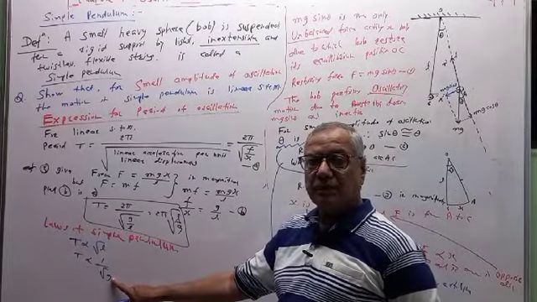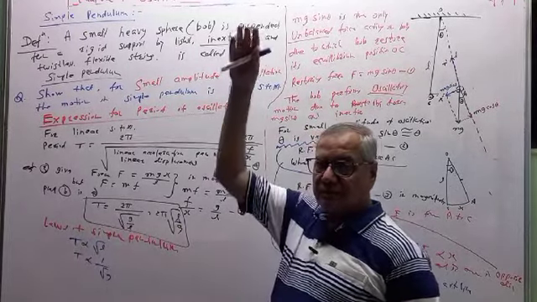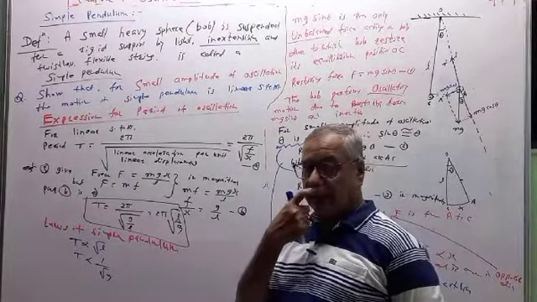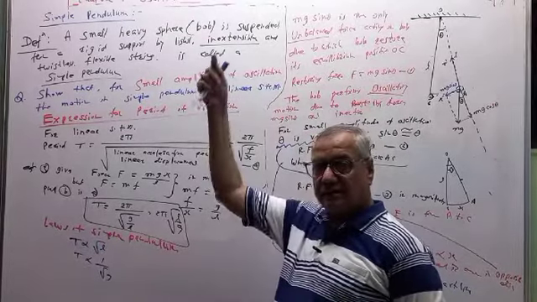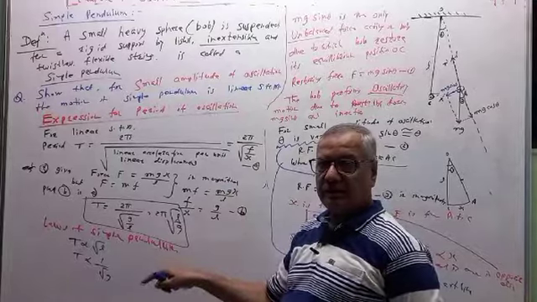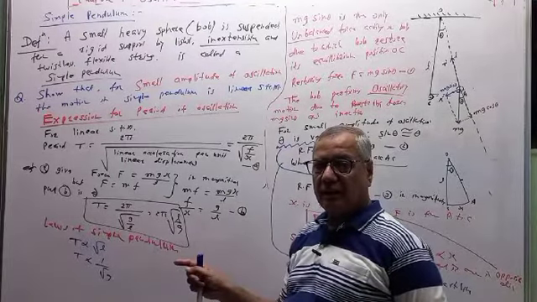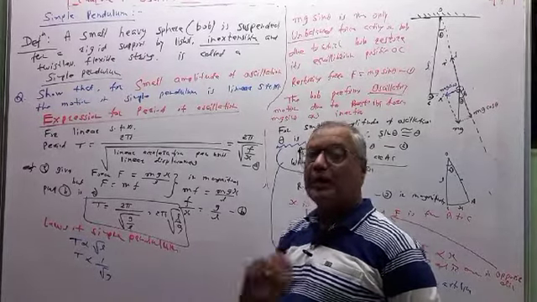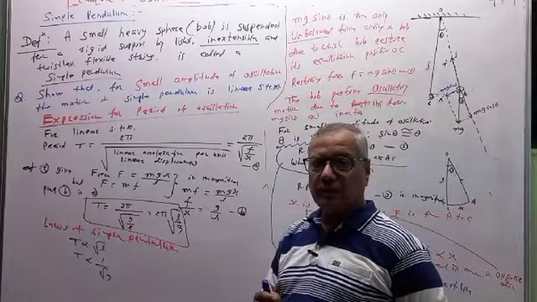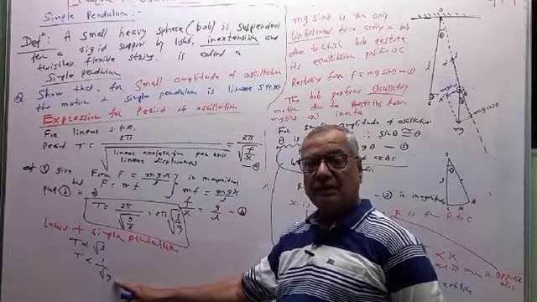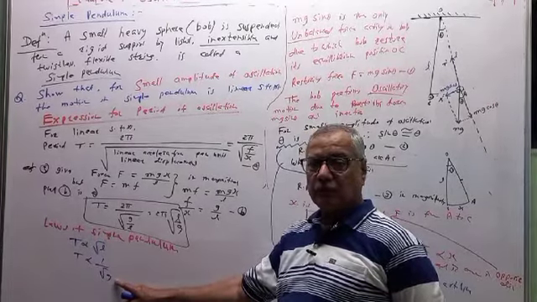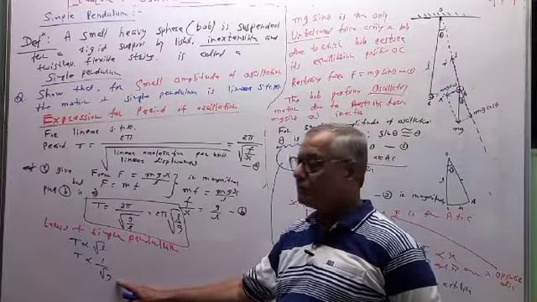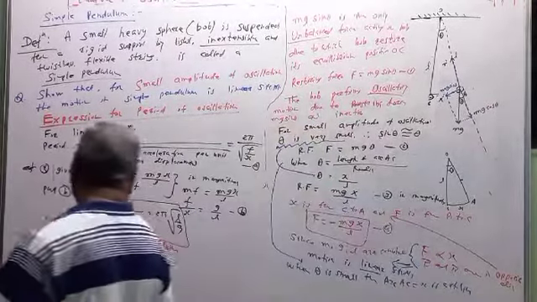And the effect of height and depth we already know. As height increases from the surface of the Earth, g will decrease. As depth increases from the surface of the Earth, g will decrease. On both sides, g decreases. So g is variable. On average, we take it as 9.8, but it changes from place to place, planet to planet. If we go to the Moon's surface, the value of g is hardly 1/5 of Earth's gravitational acceleration. So it depends upon the position where we are performing the experiment, where we are measuring the period of oscillation of this. Therefore, this factor is also important.